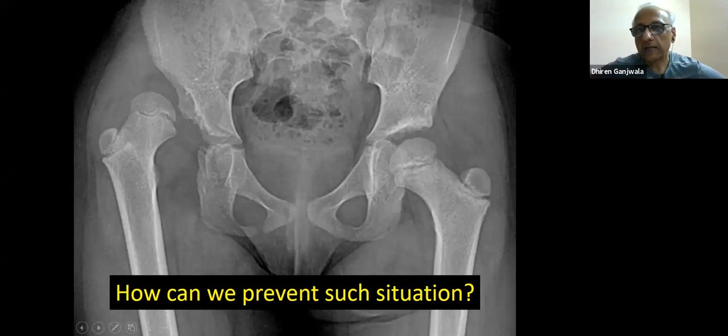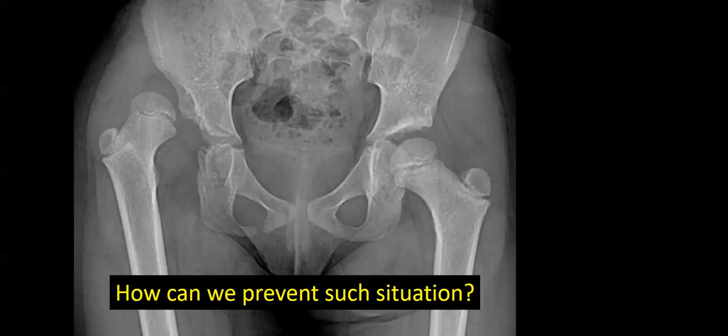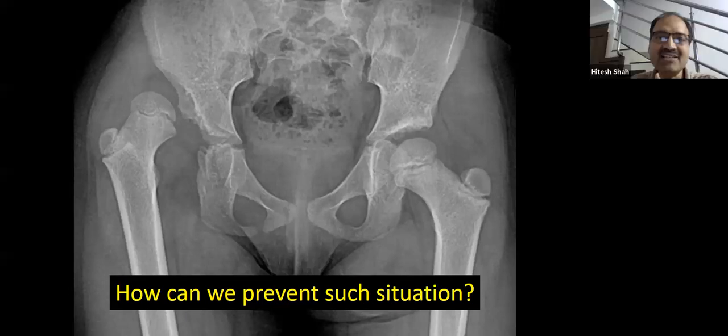Sir, thank you. I understand why you are asking, because most postgraduate teachers will teach 10 degrees of adduction, 1 centimeter shortening, and you will learn all the rules like that. In many of the webinars it was... That is not applicable in a child, because the size of the child is different. That is most commonly used for adults, more than 18 years. 10 degrees of adduction, 1 centimeter shortening.